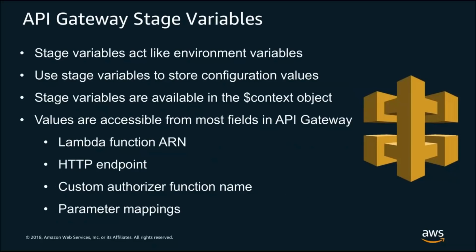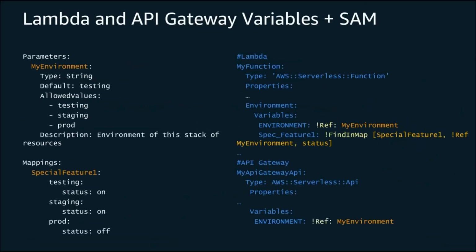Now, going along with this, we also have a similar capability in API Gateway called stage variables. Stage variables are also key-value pairs that can be accessed as part of your API Gateway configuration. They can also be passed down in the context object to, say, a Lambda function, or in the request back down to an HTTP endpoint. And so when you put these two together, it allows for a high level of dynamicness based on, say, creating individual environments across your software development lifecycle.